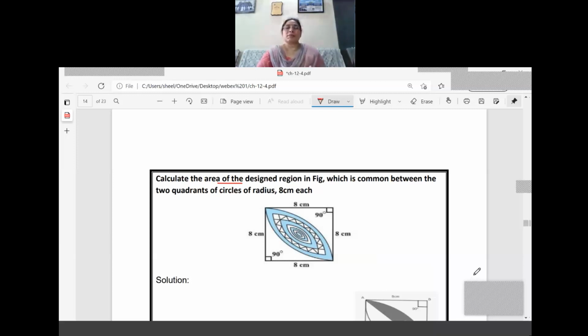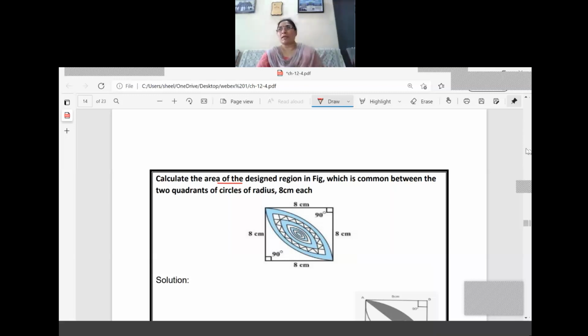Now what is the radius of the circle? It is a quadrant of a circle, and it is equal to 8 centimeter. The word quadrant is familiar to you. Quadrant means when we studied coordinates, x-axis, y-axis, graph, the xy plane, you know that it is divided into quadrants. What is the central angle there that we are getting?